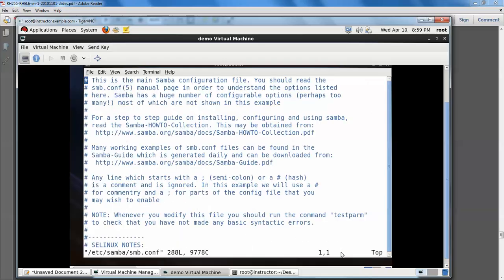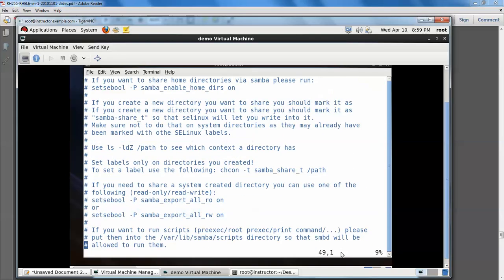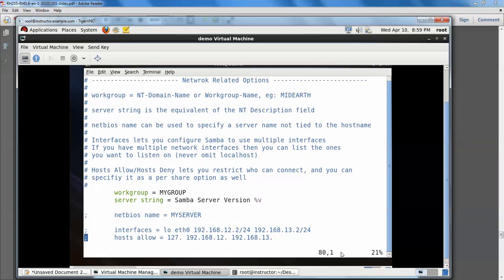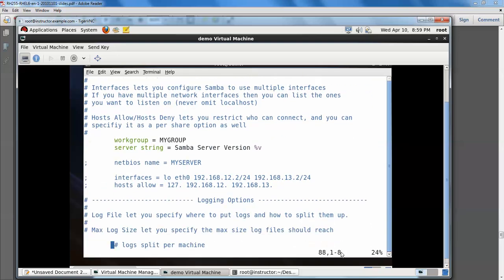Then vi /etc/samba/smb.conf. In this configuration file, the workgroup, here we are using mygroup, and the NetBIOS server name.